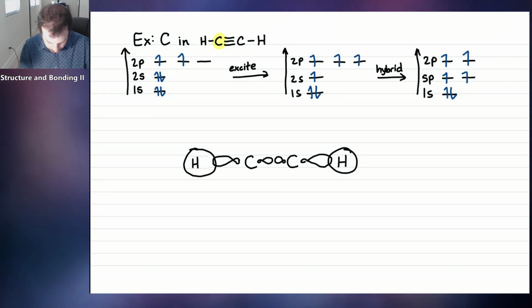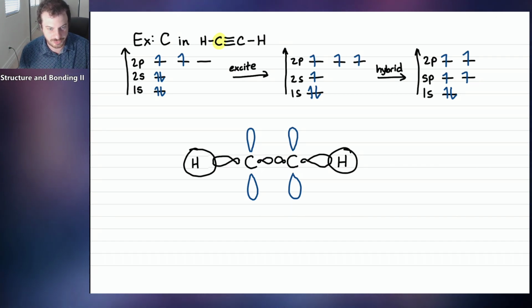Now, on each carbon we have 2 p orbitals. Remember the p orbitals look just like perfect symmetric figure 8 kind of things. So we have 1 p orbital that looks like this. Maybe this is the pz orbital, for example. Remember there's 3 p orbitals: a pz, py, and a px. Maybe that's the pz. We don't really know. It doesn't really matter. And there's a second p orbital that's going to be at a 90-degree angle to that. Maybe that's the py orbital. So I'll imagine that this orbital is kind of coming out of the page, as a perspective.